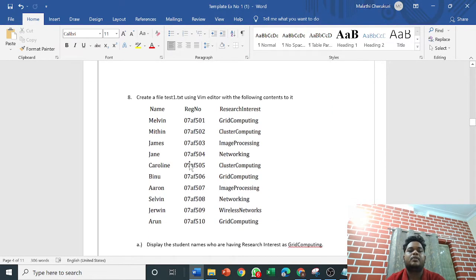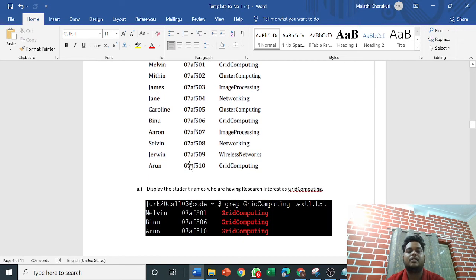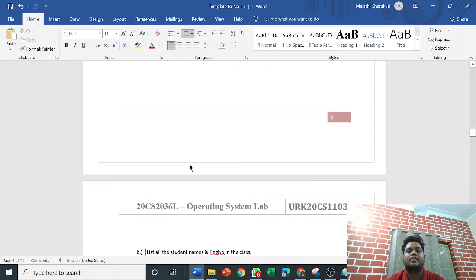The eighth one: we need to create this pattern in the vim editor. It includes the research interests of various students and their register numbers. The first question that comes to me is to display the student names who have research interest in grid computing. To find grid computing, we simply use the command grep, search by typing grid computing and the file name, and then we can see the three names who have research interest in that.